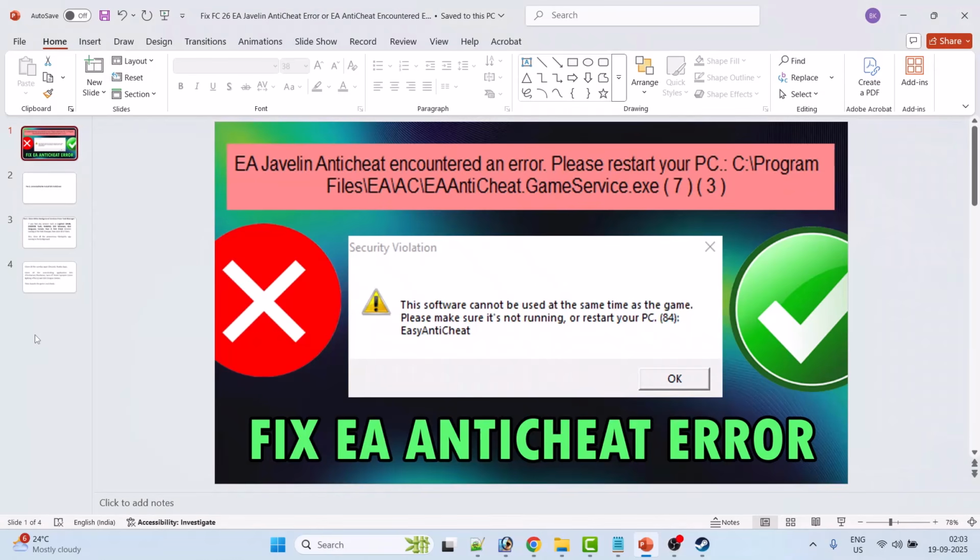In this video tutorial, you will learn how to fix the Javelin AntiCheat encountered an error. Please restart your PC. Or security violation error. This software cannot be used at the same time as the game. Please make sure it is not running or restart your PC. Easy AntiCheat. So if you are getting this error in EA Sports FC26, then follow the fixes to solve